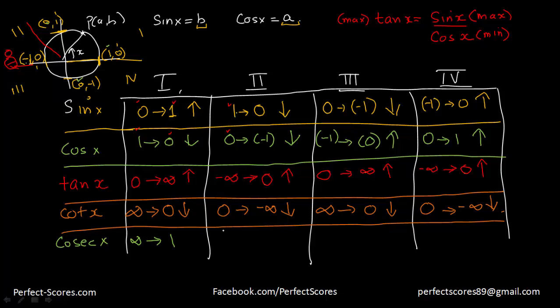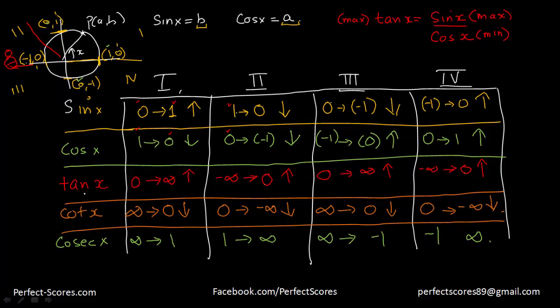So 1, 1, 0, infinity, 0, infinity, negative 1, right? So negative 1, it's negative 1. And negative 1, it's again negative 1. And infinity, that means it's again infinity. But we have to take care of the signs of infinity as well, right? So as you can clearly see,